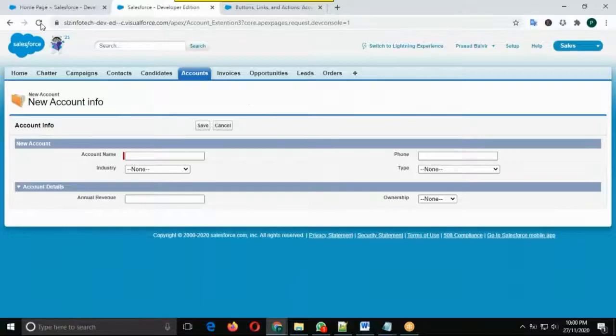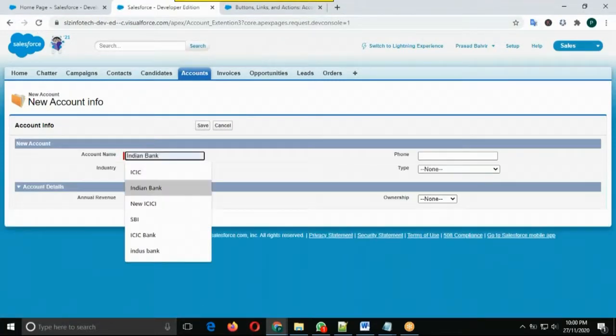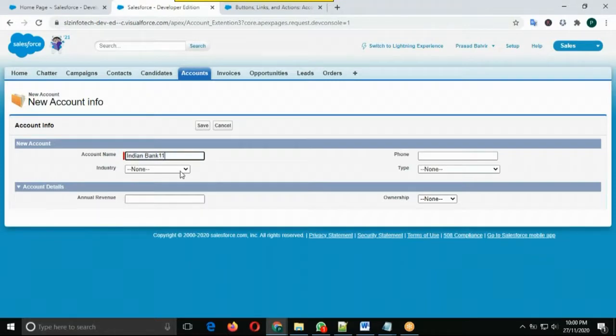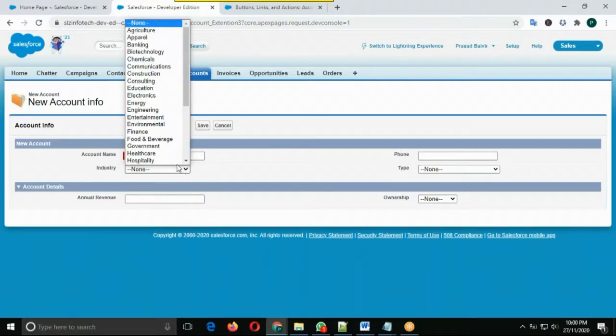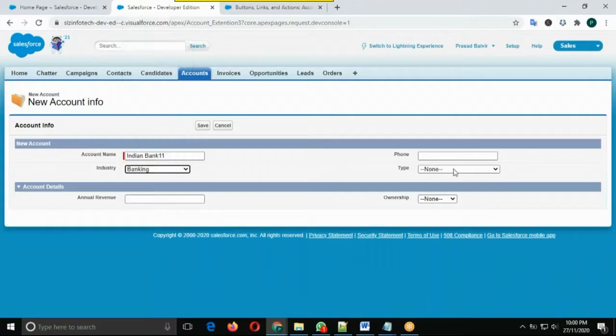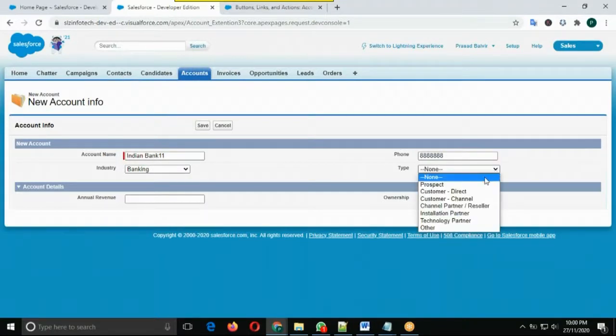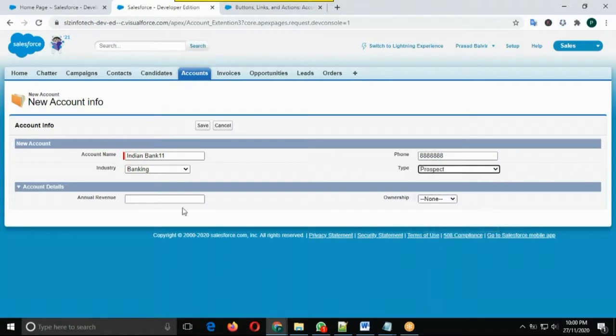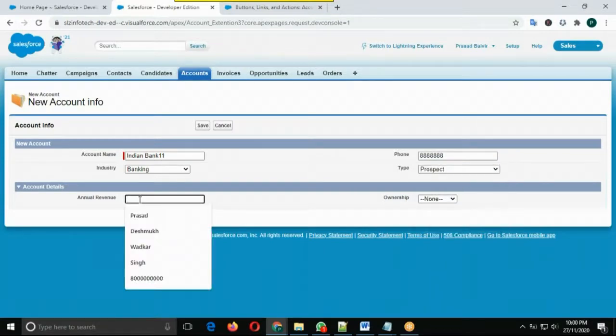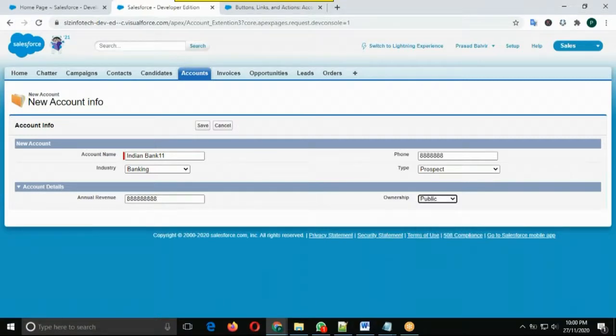So see, whenever refreshing, create one account, with one banking, then phone number, type prospect, annual review, ownership public, and save it.